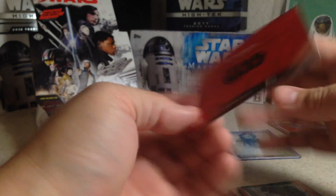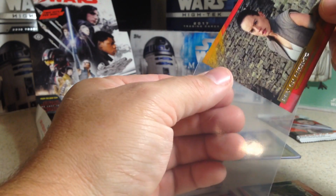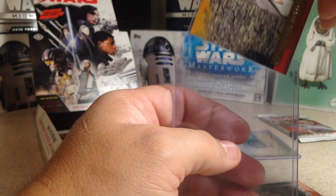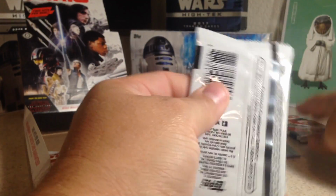Yeah, 25 out of 25. That's sweet. Rey on Octu. Man, 2 gold inserts in here, and they're pretty nice ones, I think. Rey and Luke Skywalker. Pretty nice box. And we still haven't had our first hit yet. I mean, I'm thinking that there's a hit in there, but